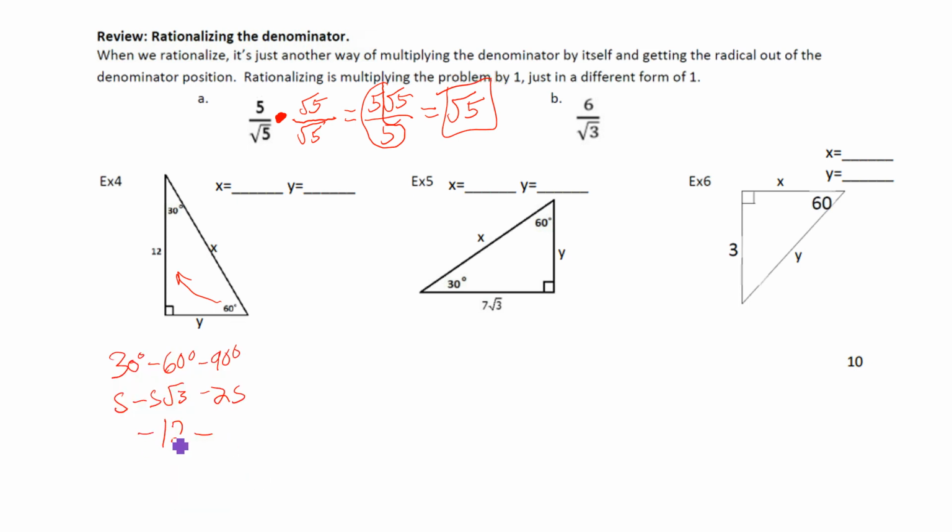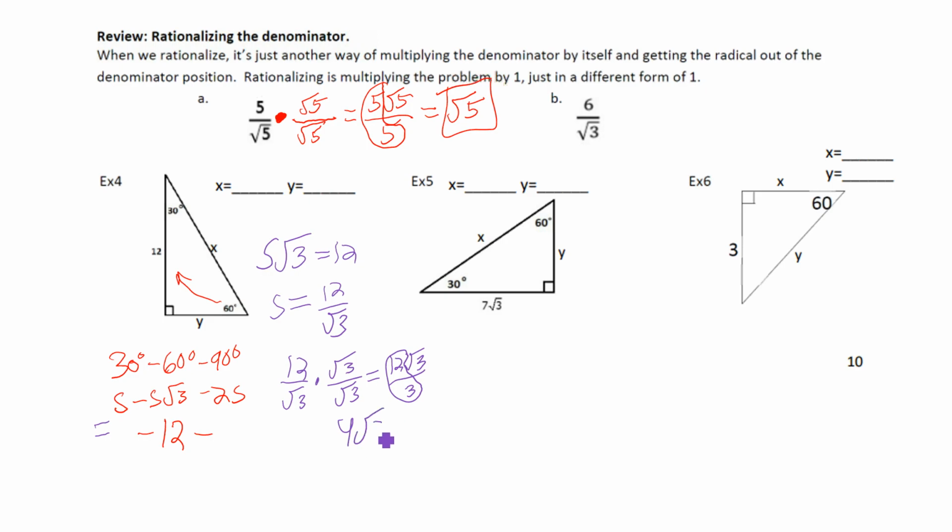So I need to find the other sides. Well, imagine an equal sign here. They already told me that essentially s root 3 equals 12. So why don't I solve for s? So s equals 12 over root 3. Hey, there's why we practice that. Let's go ahead and rationalize the denominator. Okay, so times root 3 over root 3 equals 12 root 3 over 3. 12 divided by 3 is 4, so 4 root 3